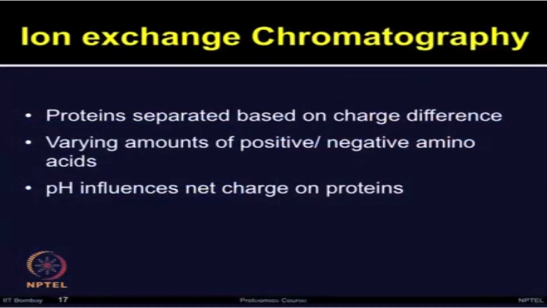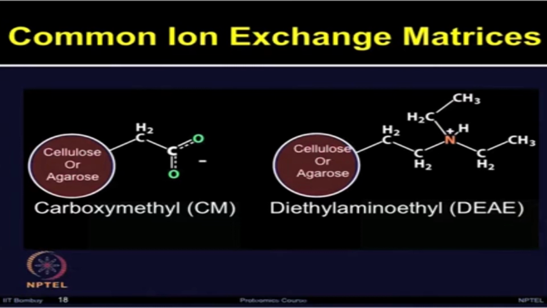In ion exchange chromatography, the proteins are separated based on charge difference. The proteins with overall negative charge will interact with positive charges, or vice versa. So, by varying the amount of positive and negative amino acids, and even pH, one can influence the net charge on proteins. In this slide, some of the common ion exchange matrices are shown, like carboxymethyl CM and diethylaminoethyl